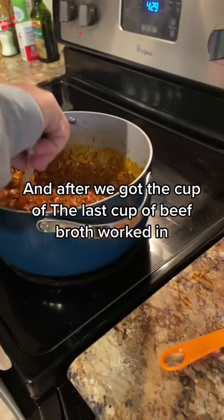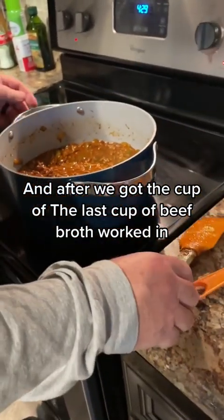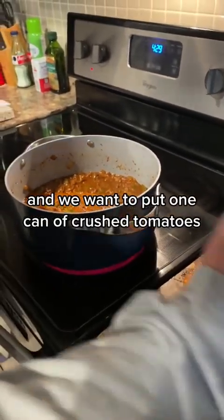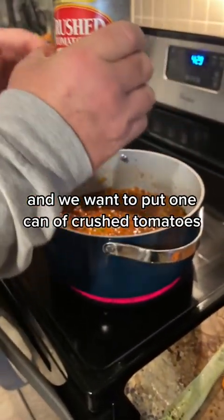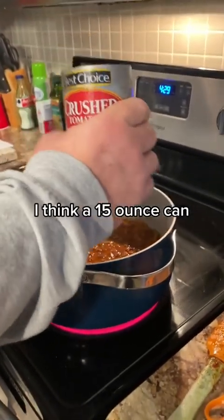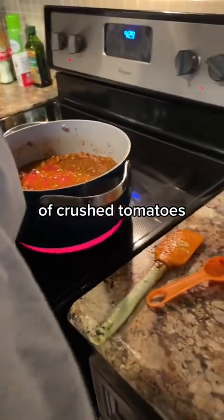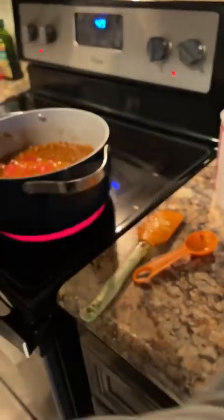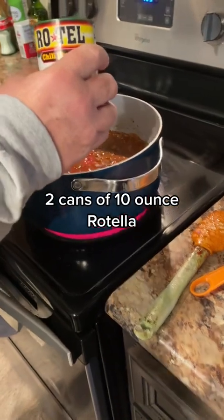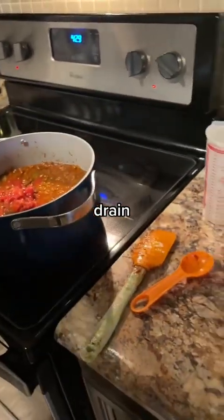And after we got the last cup of beef broth worked in, then we want to put 1 can of crushed tomatoes. And that's I think a 15-ounce can of crushed tomatoes, 2 cans of 10-ounce Rotel, drained,